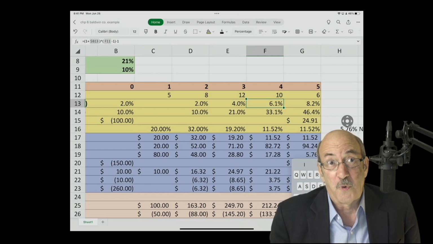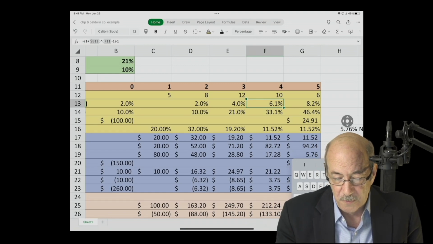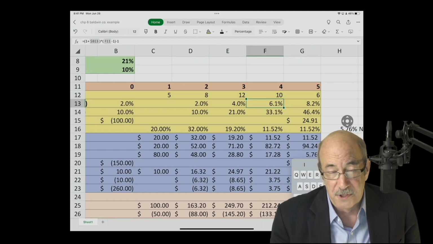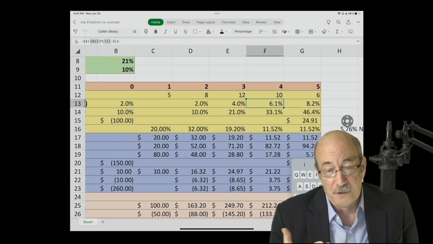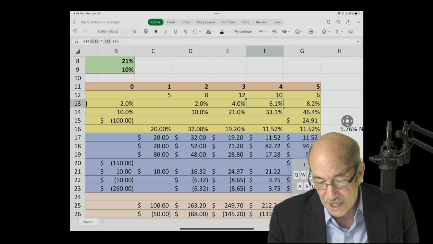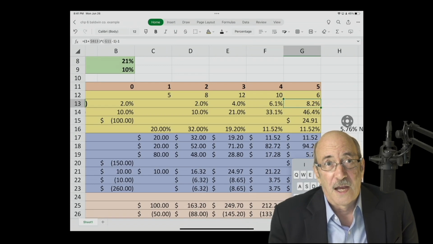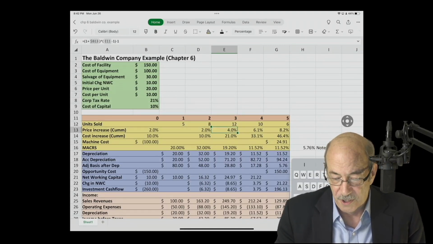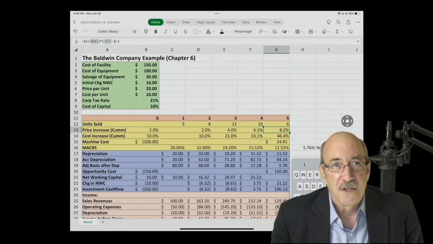So it's actually 6.1. So we've increased it by 2% in year 2, another 2% in year 3, which is actually a little over 4% total. We've increased that again by a little bit more. And then this final year actually ends up being 8.2%. All right, so the reason that I've done it this way, this 2%, 4%, 6.1, and 8.2, is to make